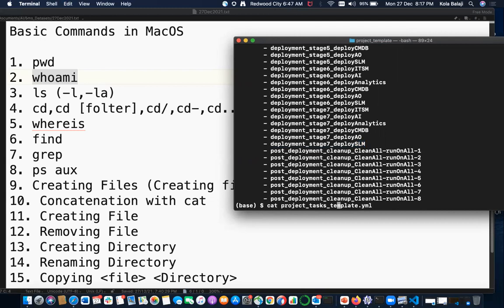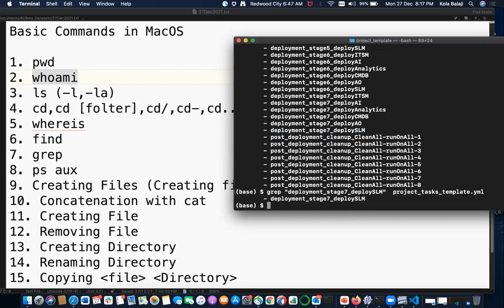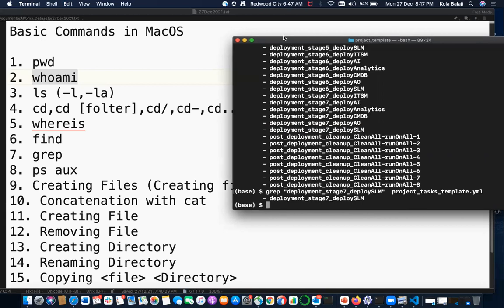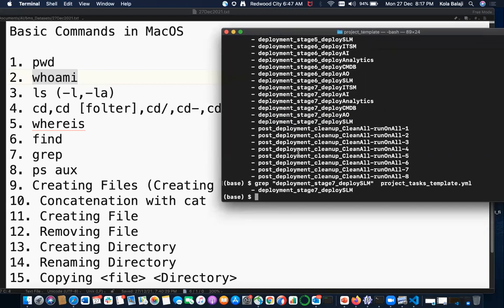Okay, let me go through the grep. Grep, view the whole. Assume like I wanted to find this word. Okay, it's there. The similar way we can find any particular word in any particular file, whether it's present or not, using the grep command here. Okay, when coming to the ps minus